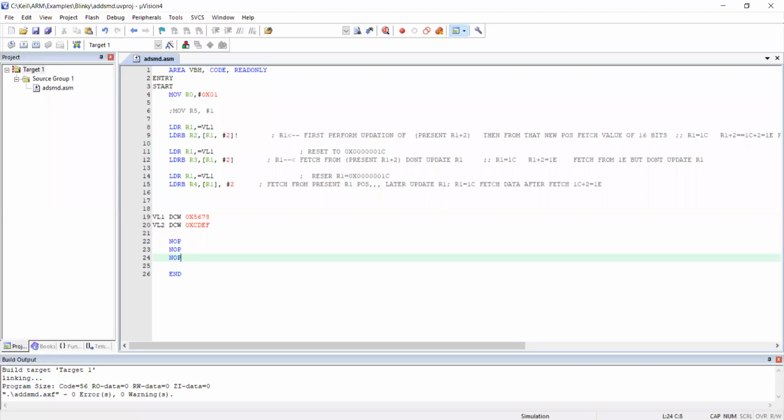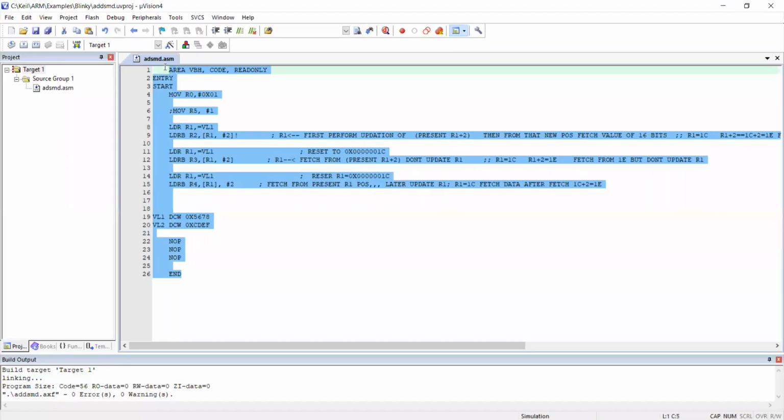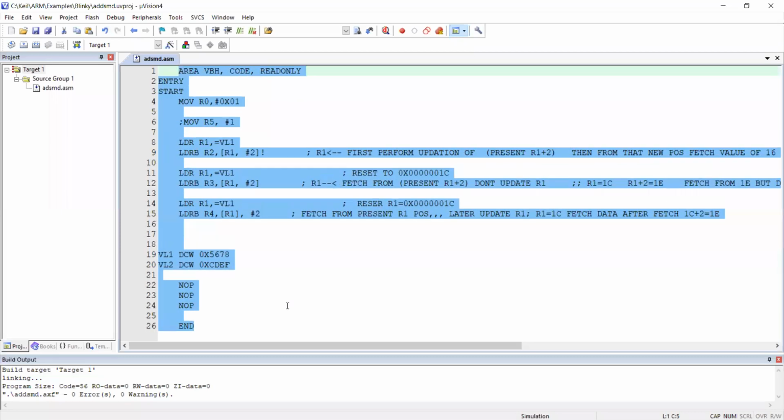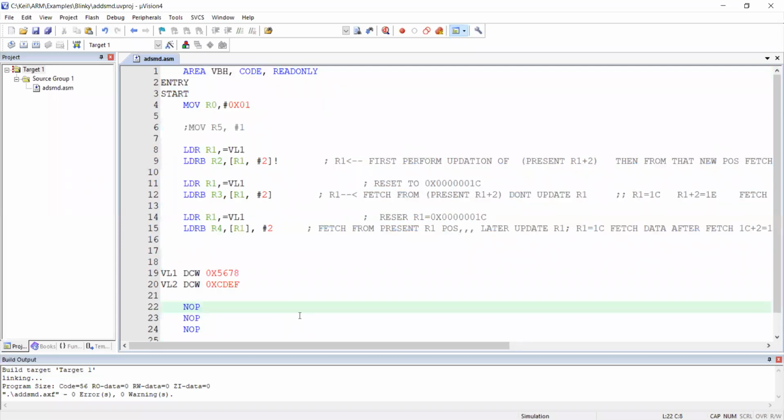Now, can all of you see the program? This program we have discussed in the last session. How it works: there is a variable called VL1 whose value is 5678. The second variable is called CDEF. These are the two variables. Now some garbage number for my reference.